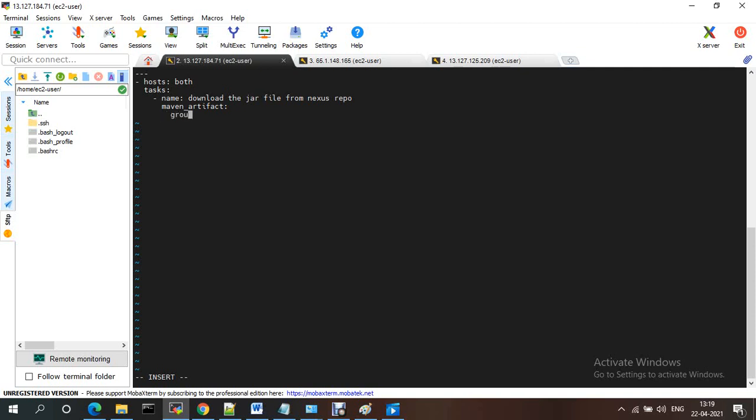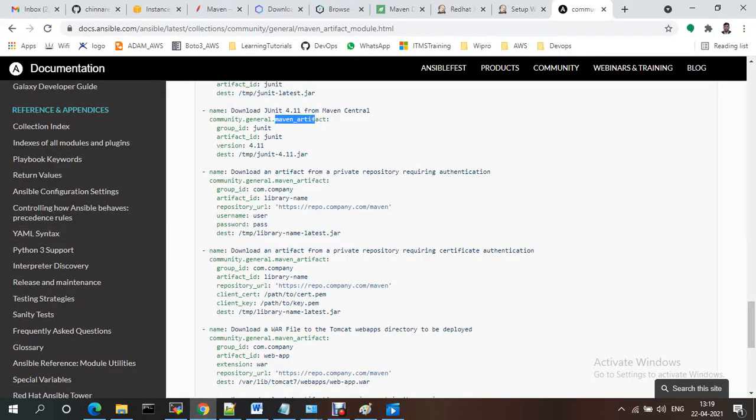Maven artifact contains group id and artifact id. If you know the group id and artifact id, you just need to go to Nexus.